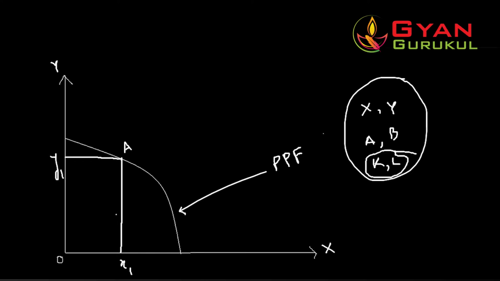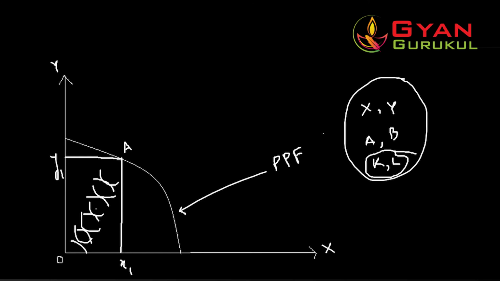Now see, this is an Edgeworth box, and inside it we can draw numerous indifference curves for both the consumers, A and B. Say this may be one indifference curve for consumer A, this may be another one, and another one. Similarly, suppose this is an indifference curve for consumer B, this is another curve, and this is another curve.